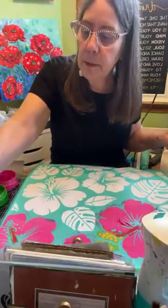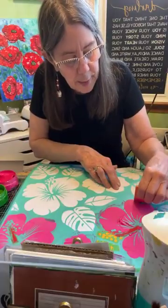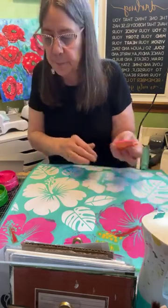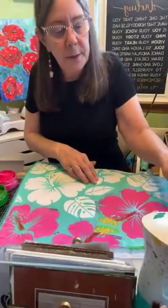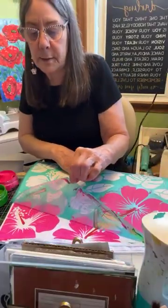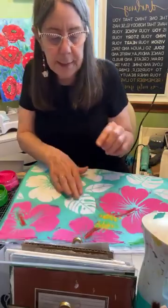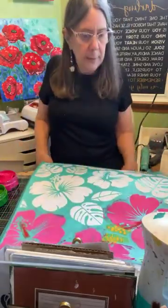Let me get my squeegee, and I'm going to come over here to the edge and go into the center of the design so that I don't go into the color of the leaves. All right, let me see. I'm going to lift this up. I intentionally didn't get that spot there. Oh my gosh, y'all, look at this. Is that not gorgeous? I want the ink to kind of release itself onto the